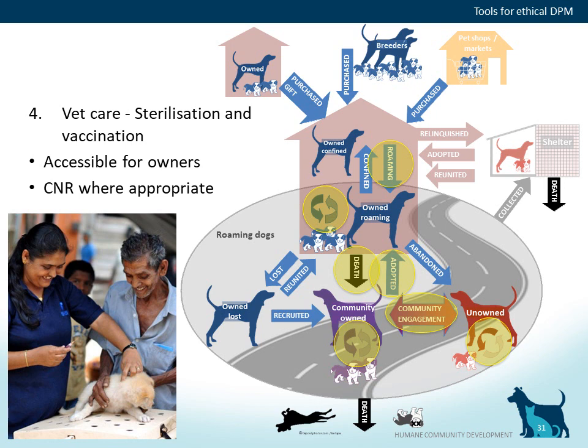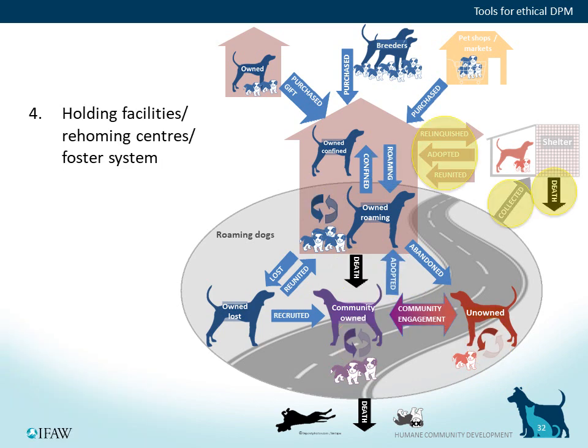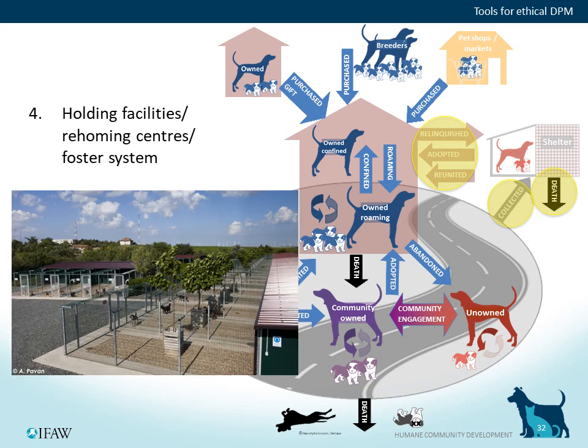Now, how CNR intervention is run, its public messaging, will dictate how it will impact on these processes. So, for example, if you catch dogs early in where rehoming capacity exists, rehoming centres or foster systems can provide a system for moving dogs to new homes. They can also become a base from which other services such as low-cost veterinary care can be provided. For example, this is a photo of Footprints of Joy in Cernavodă, Romania, run by Save the Dogs and Other Animals, where they are about to open a new veterinary clinic on the same land as this shelter for servicing the local community with veterinary care.